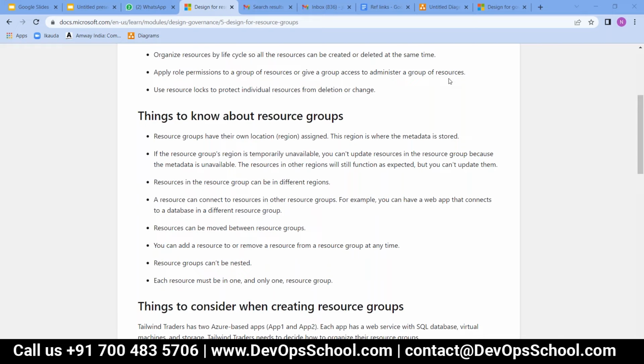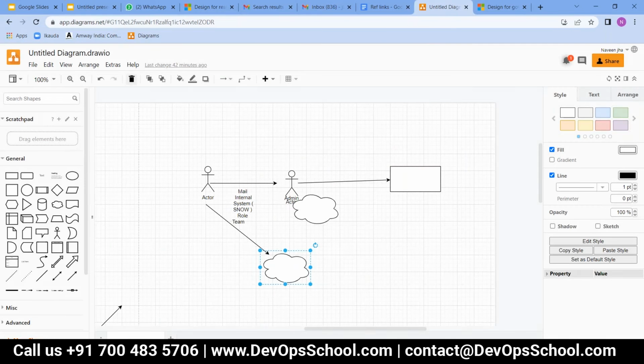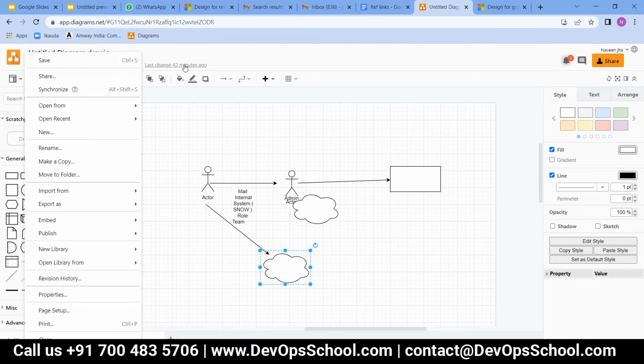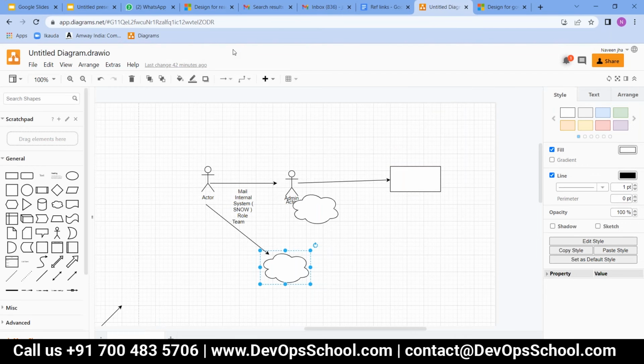Yeah, that's why you will know, right? When we say what is the region of the resource group, what it means basically is the region where its metadata is stored, and you have control. When you are defining a resource group, you set a region there. It's a piece of metadata where all the resources are located. If it is not available, then not a problem. The only thing is you can't create, delete, or modify.